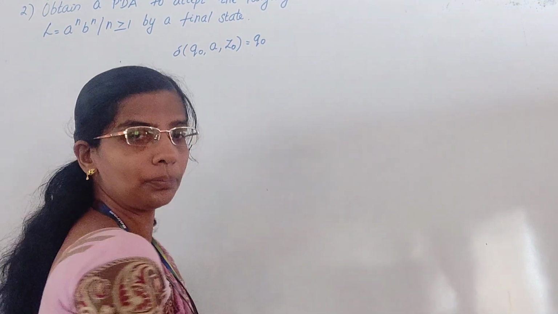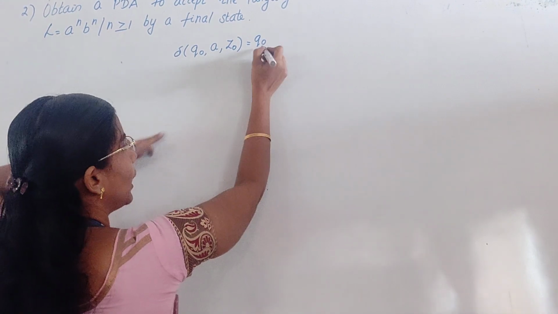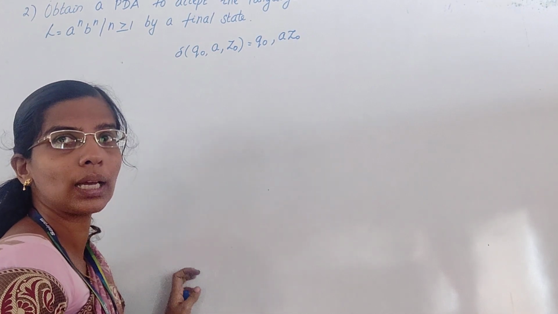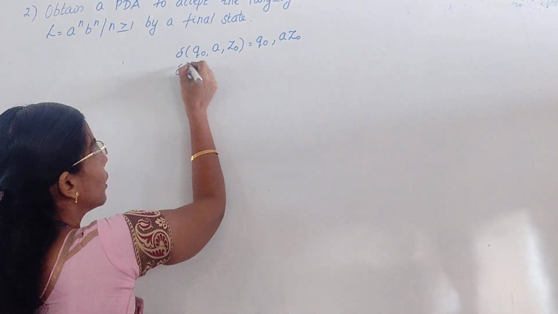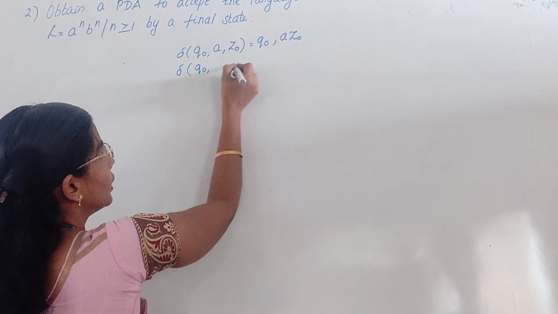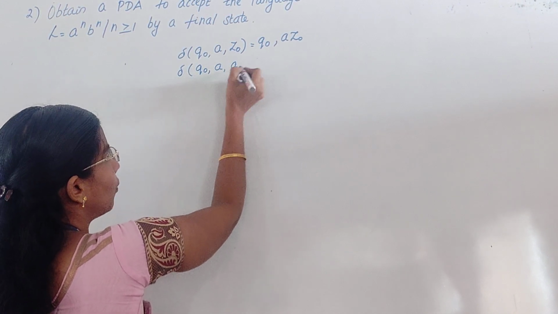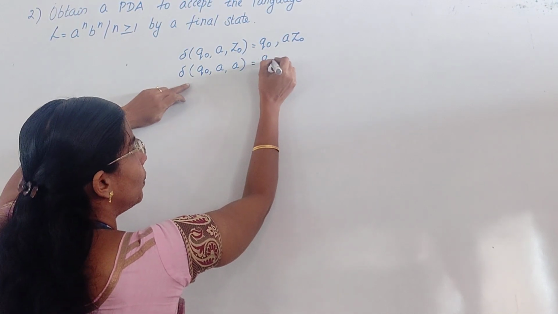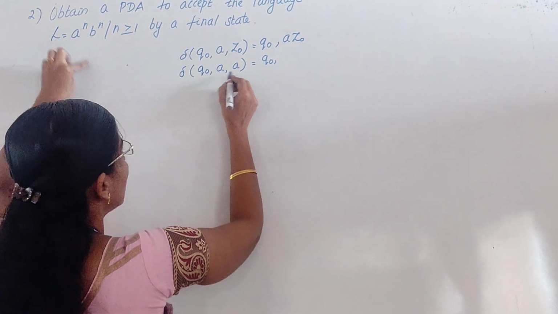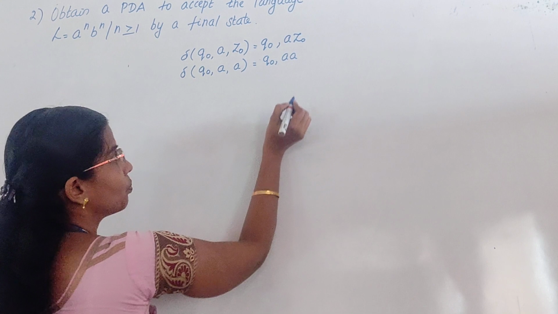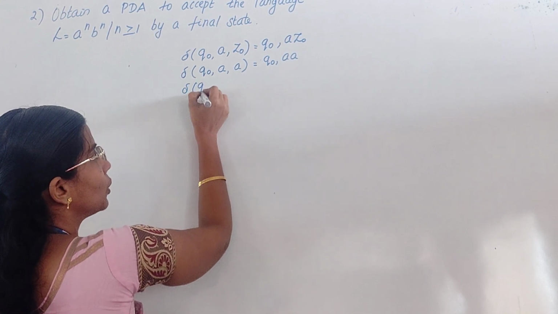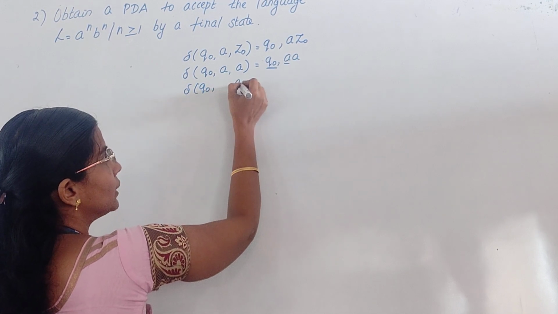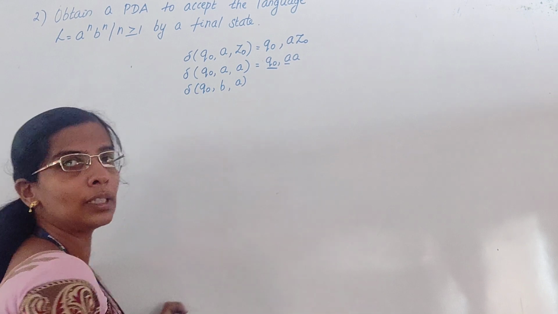So my first symbol should be A, and I'm in Q naught and I push this A into my stack. Now what is your stack top? Stack top is A. Right? In Q naught, stack top is A, and if you have one more A, what will you do? You will be pushing this, because I am pushing all the A's into my stack. Now you are in Q naught, because my current state is Q naught, and your stack top is A. If your input symbol is B,